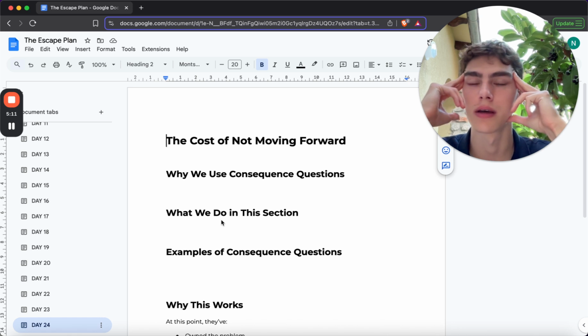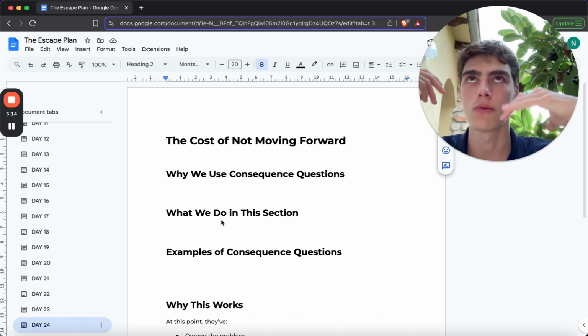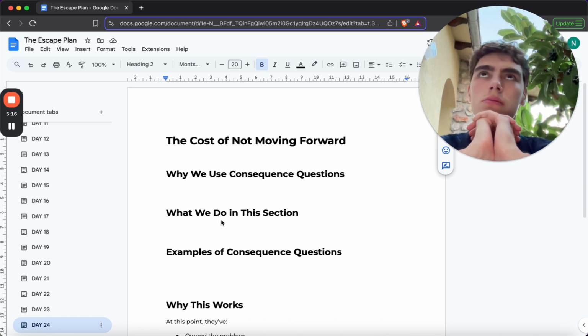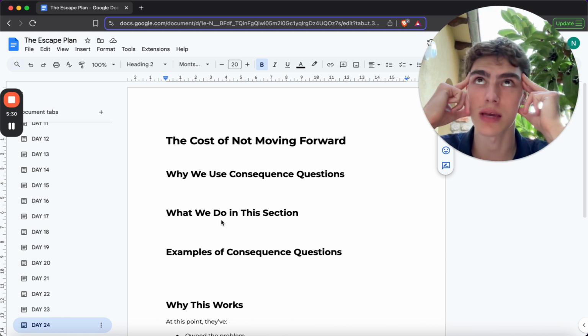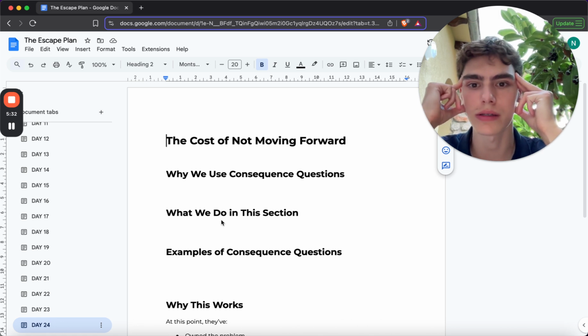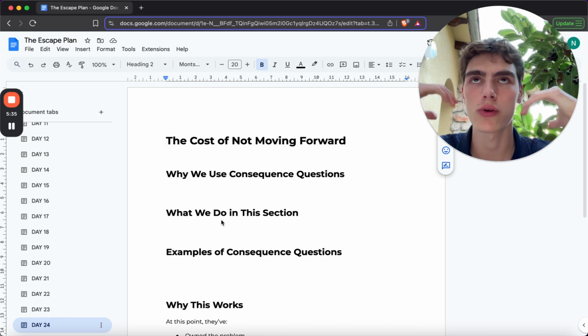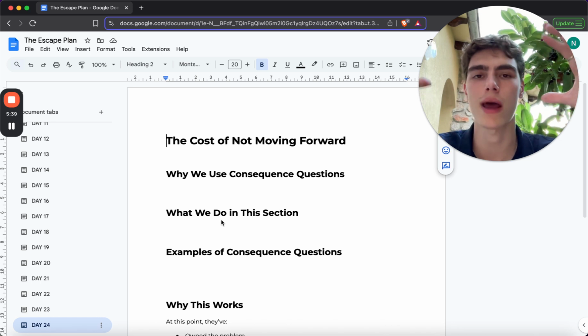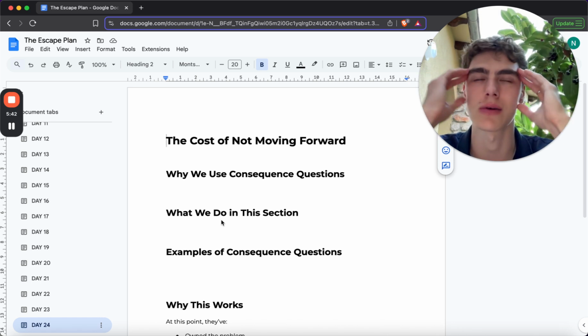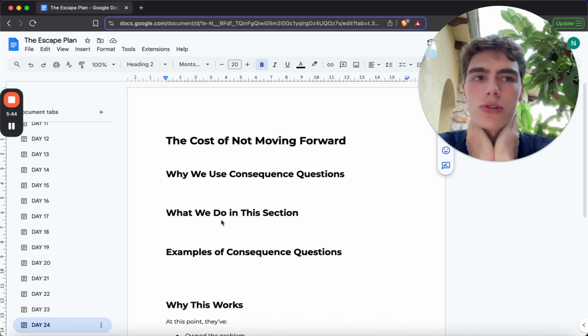So, for example, what they will say is, okay, well, what happens if I don't take the action to get there is nothing changes. Okay, and have you thought about what happens if nothing changes over the next 3 to 6 months? If things keep going the way they're going? And what you're doing here is you're just opening up the idea to your prospects of, let me just think about this. What happens if I just stay where I am? What happens if I just don't do anything about this?